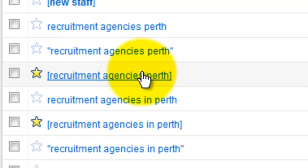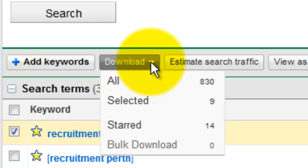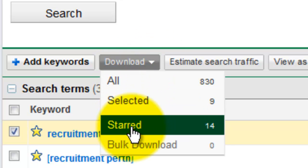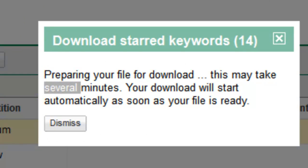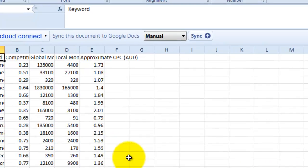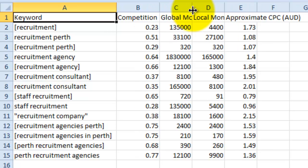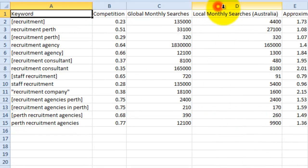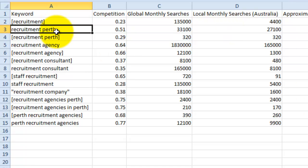Okay, so what we're going to do now, we'll just scroll up to the top of the page and we're going to export or download those. Okay, so we're going to select starred. We've got 14. Okay, so we download those and we open that up, and you can see that it exports the search volume as well as the competitiveness, so you're able to go through those and make decisions. Okay, yeah, recruitment Perth, that definitely lines up with what we want, so we're going to copy that